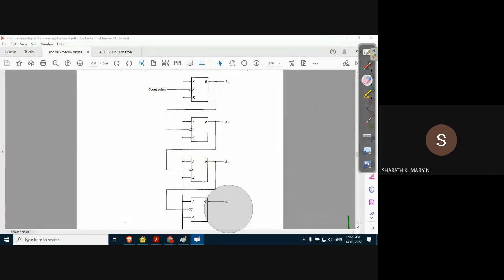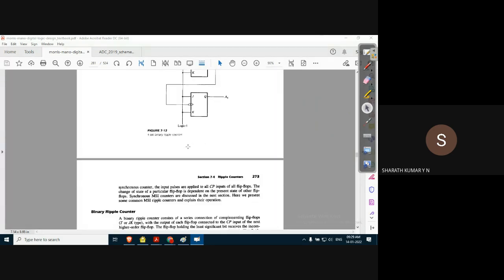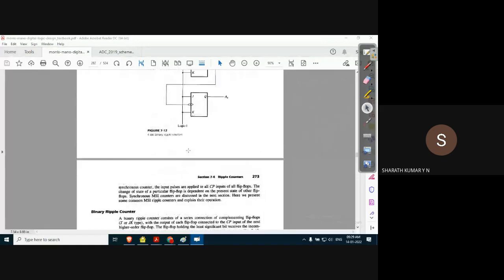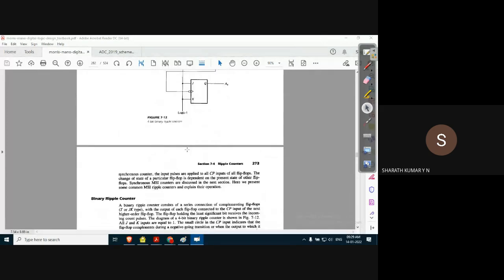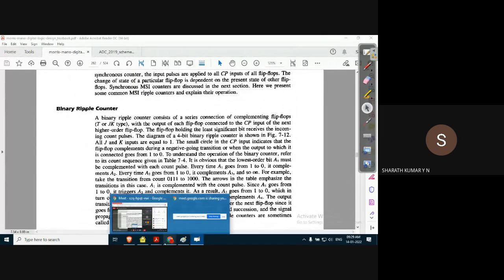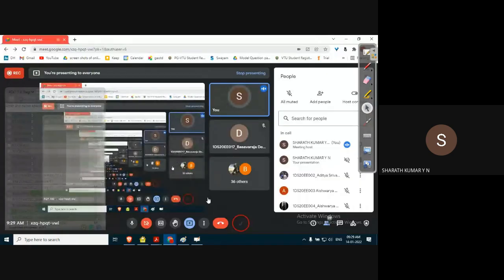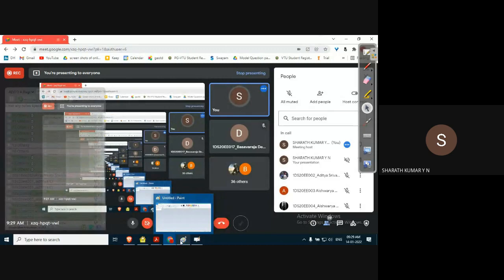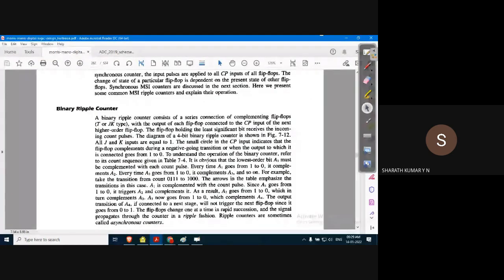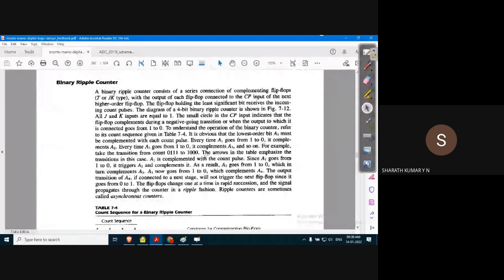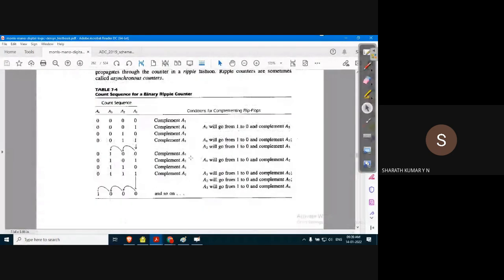Let us understand with respect to what is known as a timing diagram. Before we discuss the timing diagram, there is what is known as a binary ripple counter. What we discussed is the basic form of a ripple counter. Ripple counter is not an asynchronous counter, because an asynchronous counter does not have a clock pulse at all. It is a synchronous counter, but not all the flip-flops are applied with the clock pulse. That's why it is called a ripple counter.